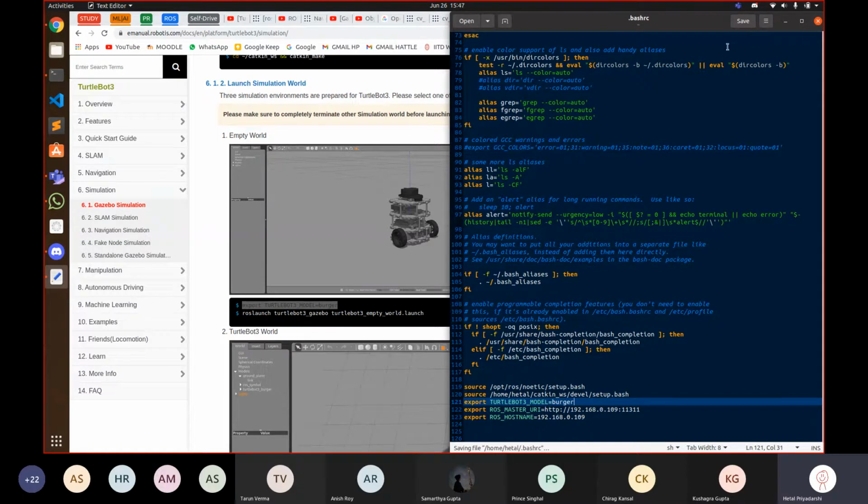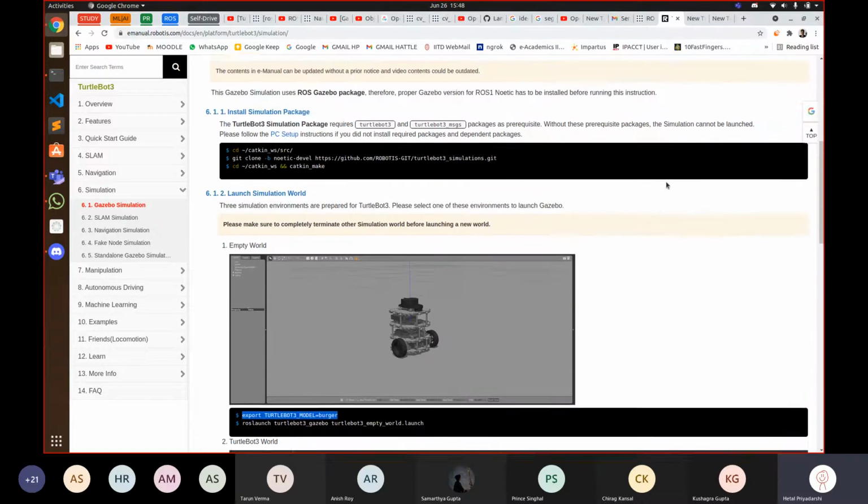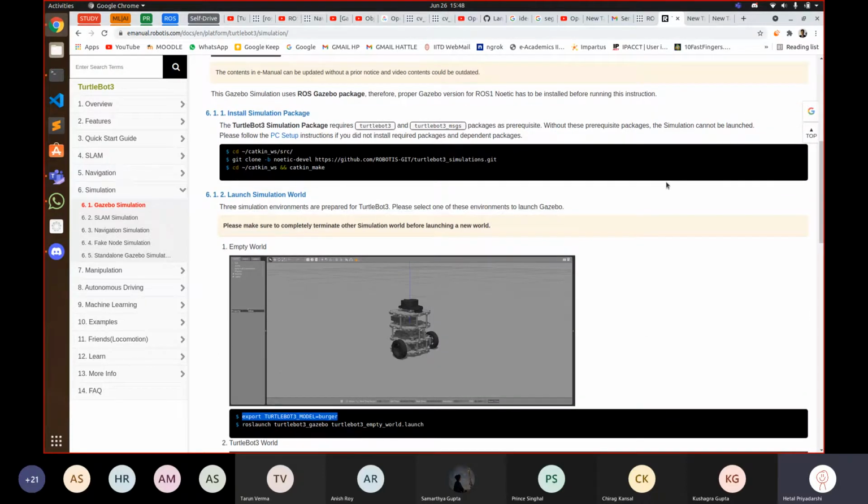The difference between these robots is basically in the sensors. There are three robots: Burger, Waffle Pi, and another. I think one of them has been discontinued, and usually you can use Waffle Pi because it has all the sensors. There's a difference in lidar, camera, and everything. So just use Waffle Pi because it has everything. Any functionality you want in your simulation, Waffle Pi will be able to give it to you. So just use Waffle Pi as a default.